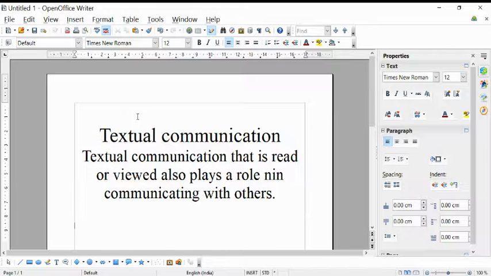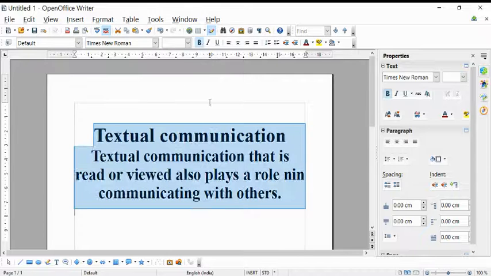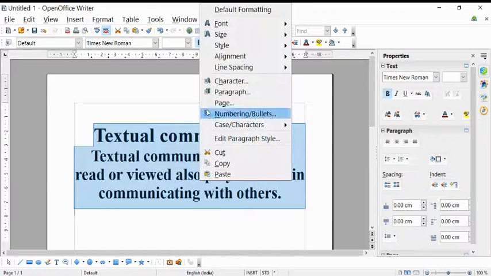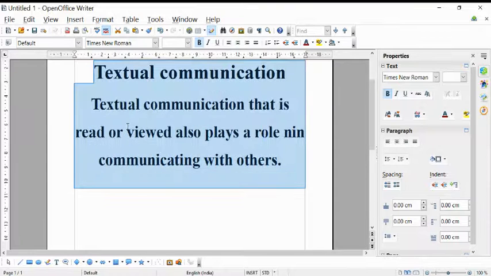Okay, so for this now I want to give a line spacing from this heading to this paragraph. In between this, if I want to give a space in these lines, then just select this. First I'll make this bold, just right click, and here the line spacing option is there. You just click on line spacing. If you want to give a single line spacing, 1.5 lines or double, you can give anything. So here I'll give 1.5 line spacing. So in between here it came 1.5 line spacing for all the lines.